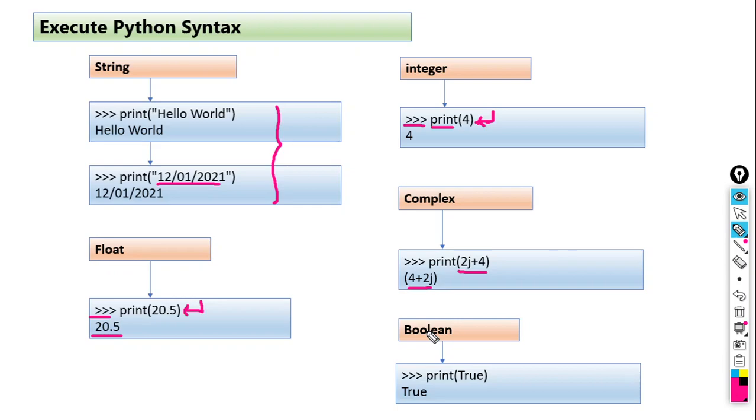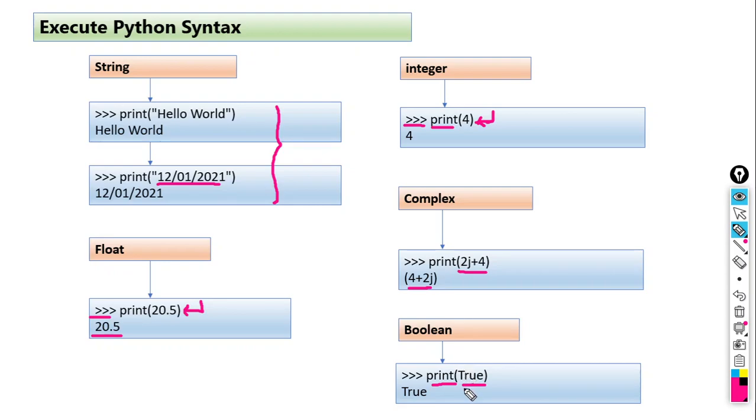Then the Boolean data type is there. If we want to print true or false, Boolean means only two outputs are there, two exit points: true and false. If we want to print that type of data, we can write it like this, print True. Later we will see what the Boolean data type is and how we can use it in our Python scripting. For now only consider this part. The Boolean data type has two values, true or false. If we want to print those two values, we print them like this, print True without quotation marks, because this is the data type.